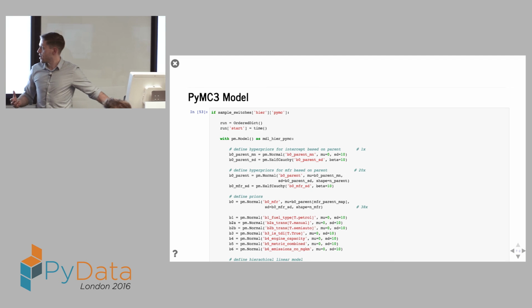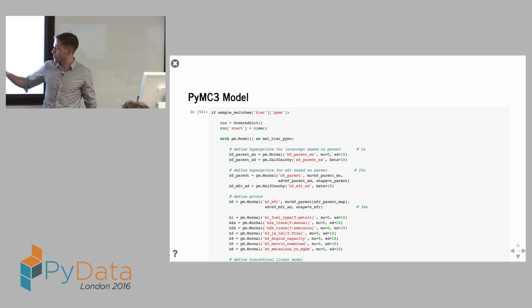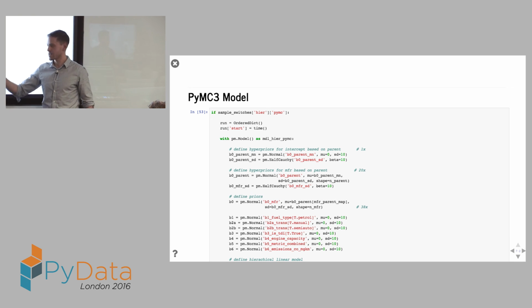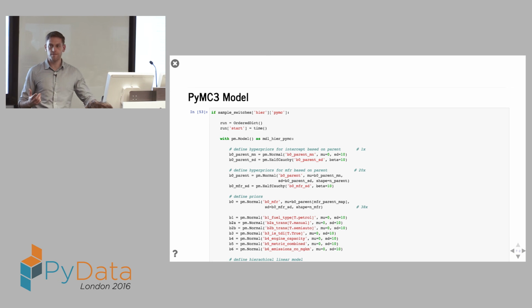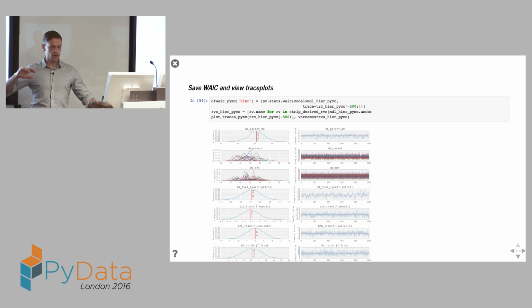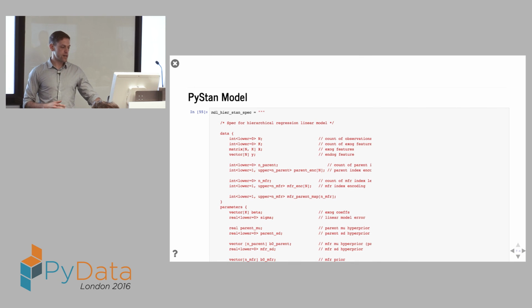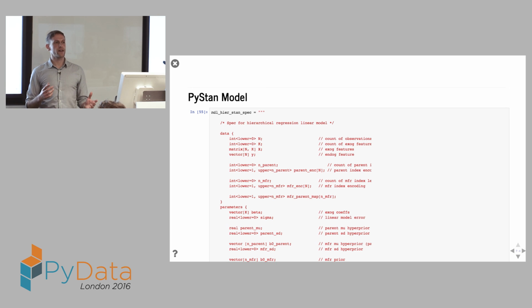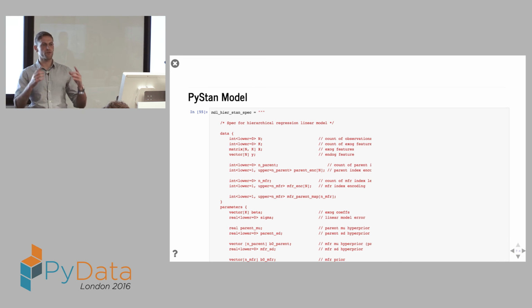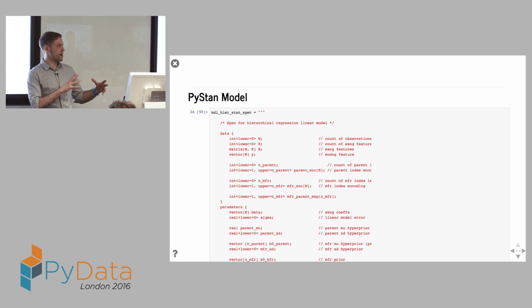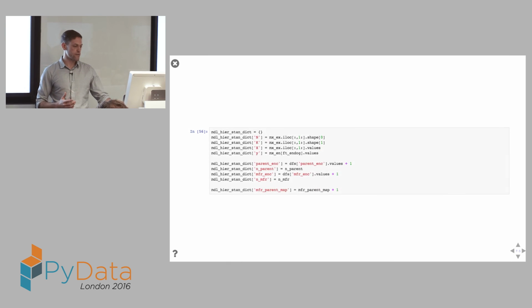In PyMC3, again, it's actually quite nice, although I did have to phone a friend for some help with some of the indexing, but fundamentally you're still dealing with vectors, and it's still fairly straightforward. You run it, you find some distributions, great. With PyStan, and this has fallen off the bottom, so I apologize, you'll have to look at the actual code yourselves. It turned into more of an indexing problem, and this really was a bit of a bang your head on the desk thing. So again, that goes back to me thinking that PyMC3 is great for testing stuff out. Stan is where you have the time to sit down and really consider stuff.